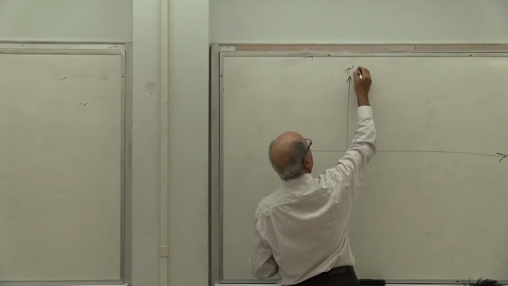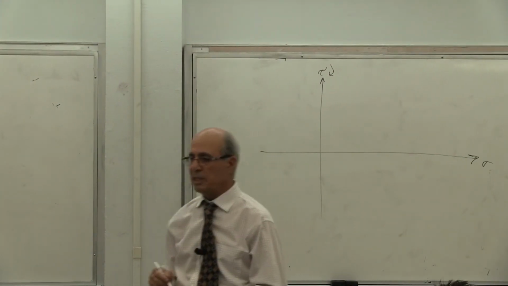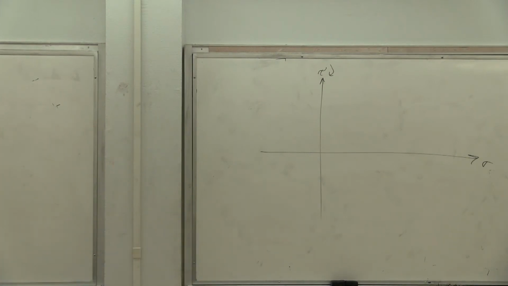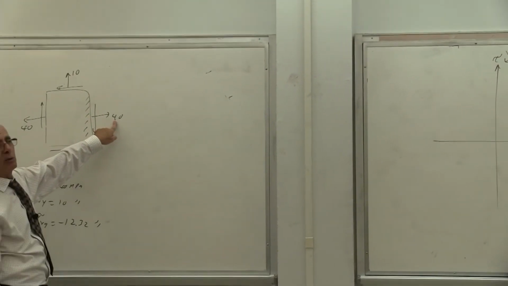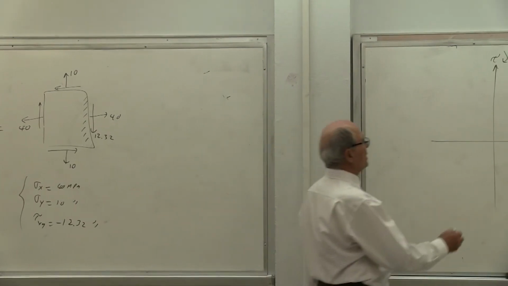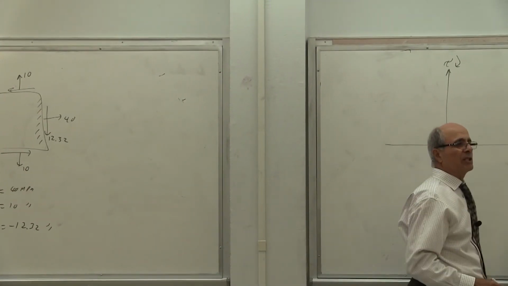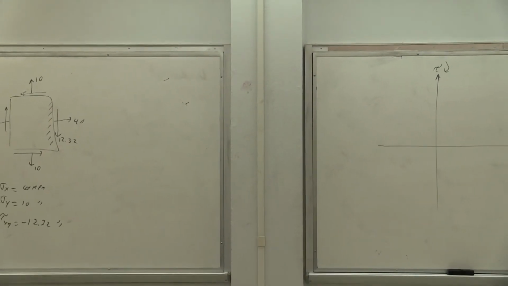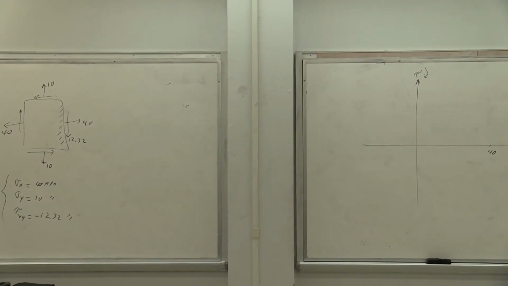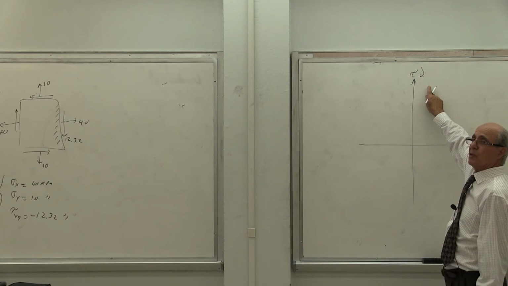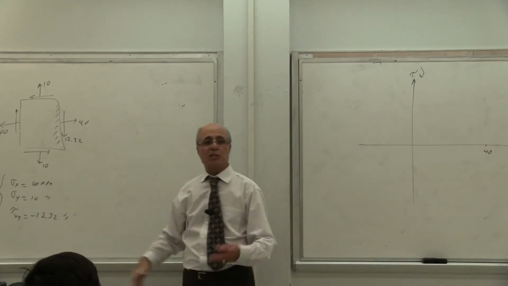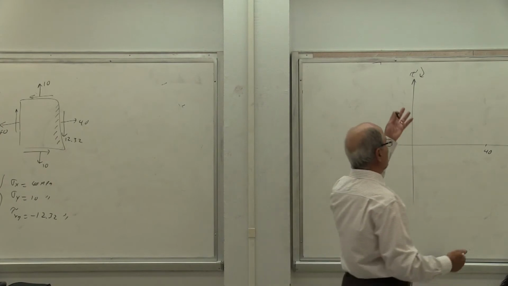Sigma versus tau. Again, this arrow comes down. Again, you know the meaning of the arrow. What are the stresses here? That's the question you asked me about the sign, that you can answer yourself here. What's the sigma equal to? Sigma equal to plus 40. So you go 40. And what's the shear value? The whole shear there is negative as far as we are. The only problem is, should I go up or should I go down? Up, because it is following this arrow, yes or no? If it is parallel to that arrow, it must be plus. So I must be going up.